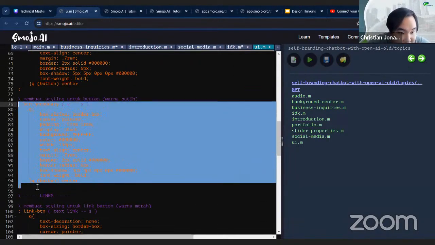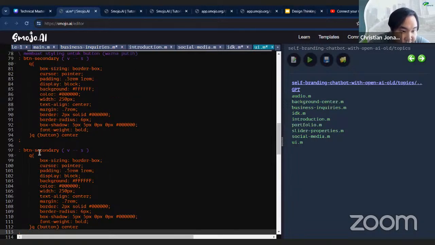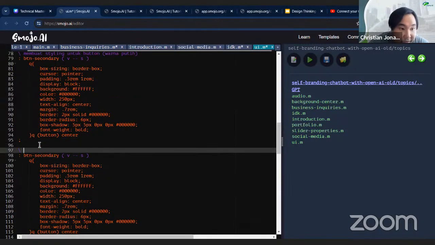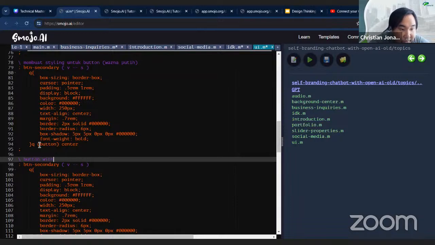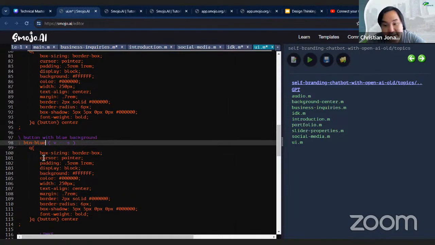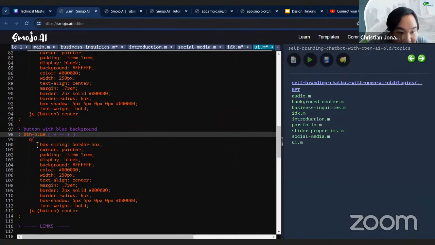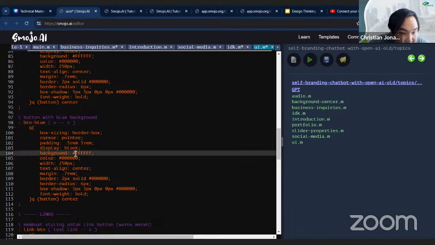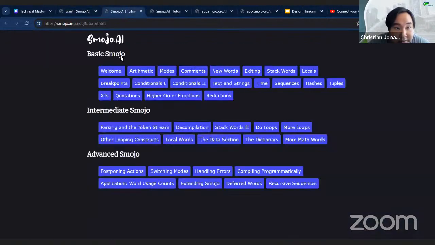Let's say I want to create a new button design, a button with a blue background. I name this button "button blue". This name will be declared when you try to declare the button on your chatbot page. And then I can follow the W3Schools here